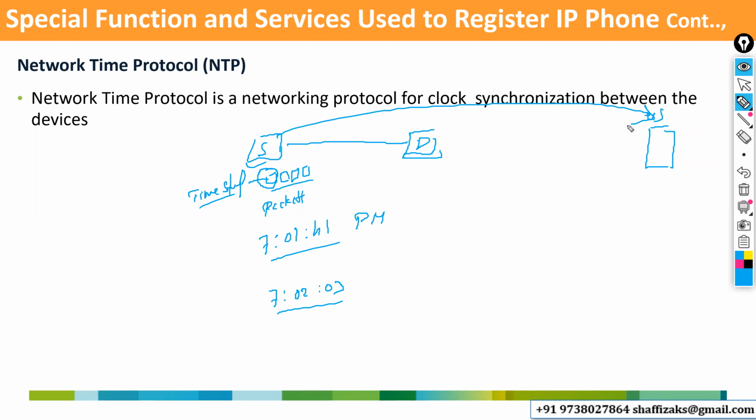The time zone of India is different. Then how can you communicate? Two different times. But as per the packet network, the time has to match. If the time is not matching, then it's not possible to communicate. But here we have two different time zones. Still, we are able to communicate,